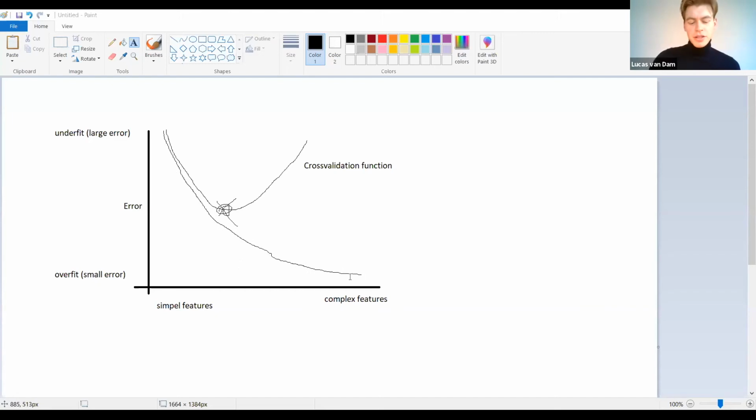However, you can split the data in 3 sets: the training set, the cross-validation set, and eventually the test set. With the help of the cross-validation set, you can already see when you start to overfit, because when you overfit, its error will increase. This way you can choose features that are not too simple but not too complex, so you basically get the optimum where you reduce your error for the eventual model on the testing set.